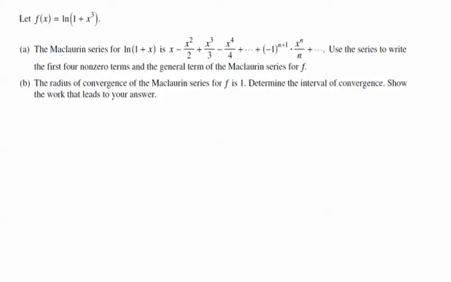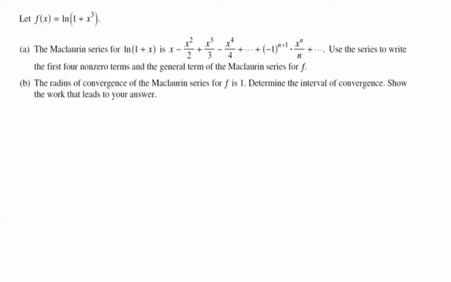In this problem we have f of x is the natural log of 1 plus x to the third power. And we're given the Maclaurin series for the natural log of 1 plus x, which is x minus x squared over 2 plus x cubed over 3, etc. And we want to use that series to write the first four non-zero terms and the general term of the